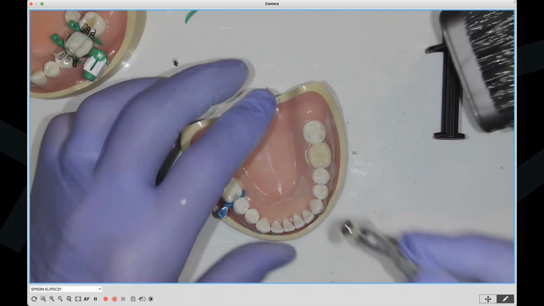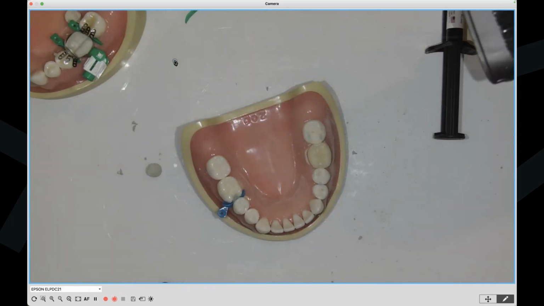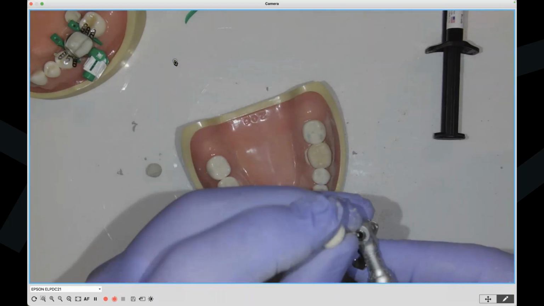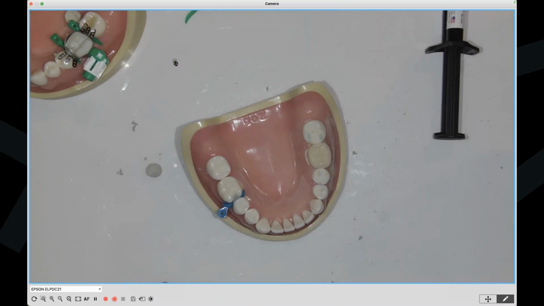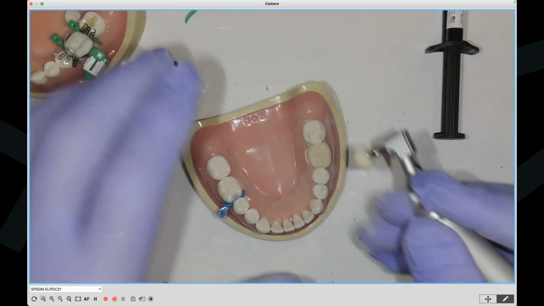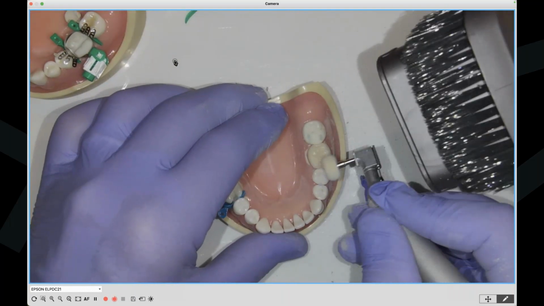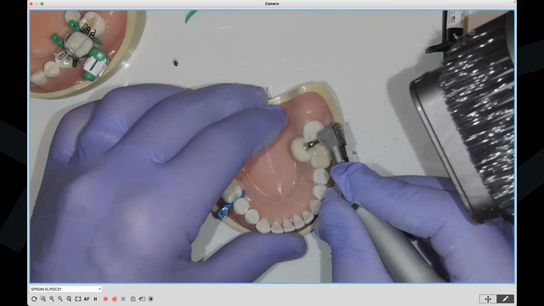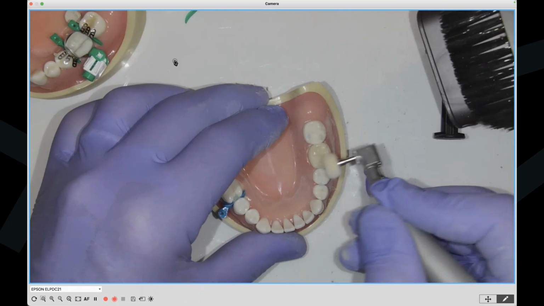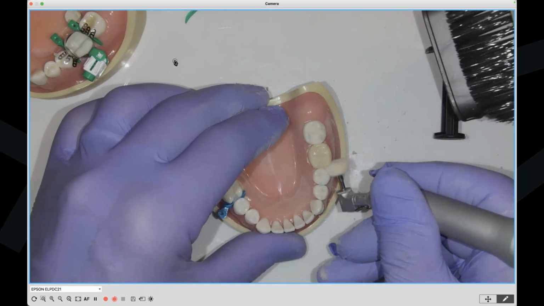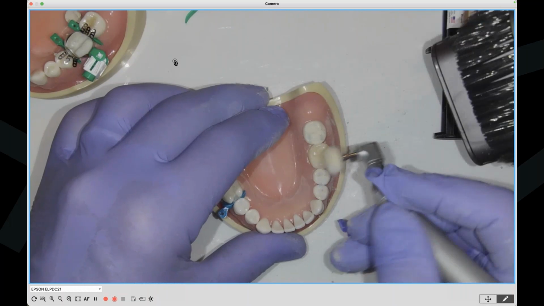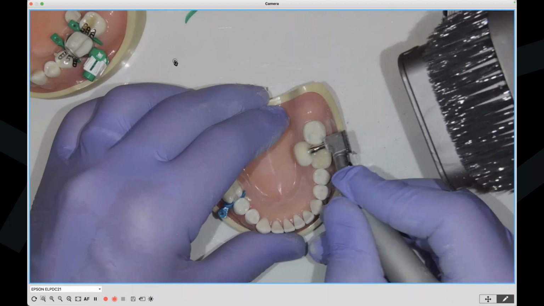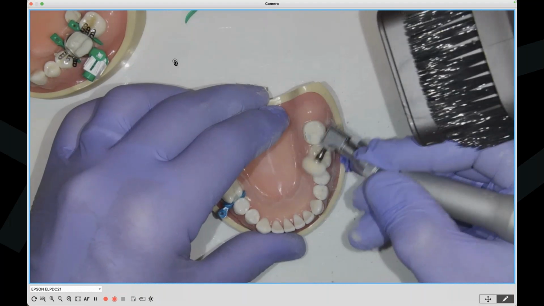Okay, nano diamond is done. Then we put on the buff. And away we go. And then we can also open up that. Okay, you can see the shine come up on here. We'll focus that more. And of course, if you're using water with these burrs, it just works almost 100% better.